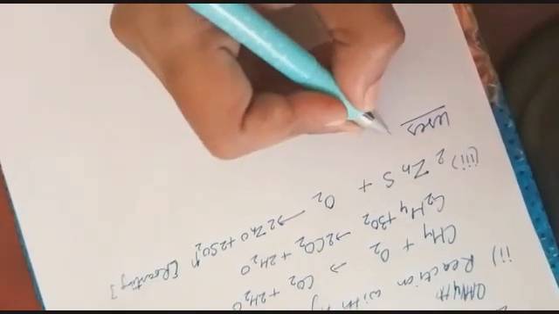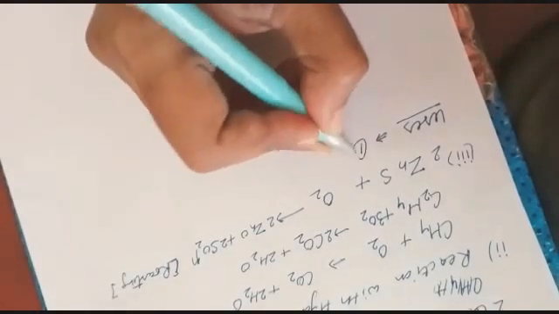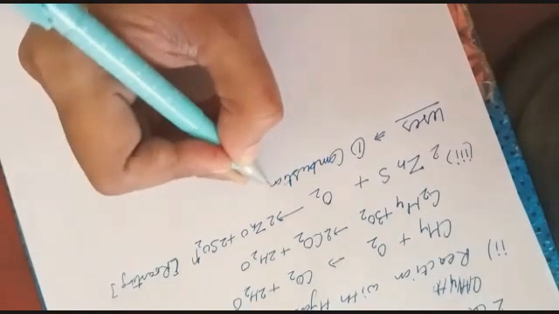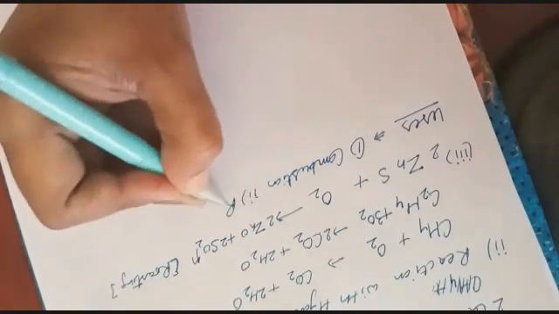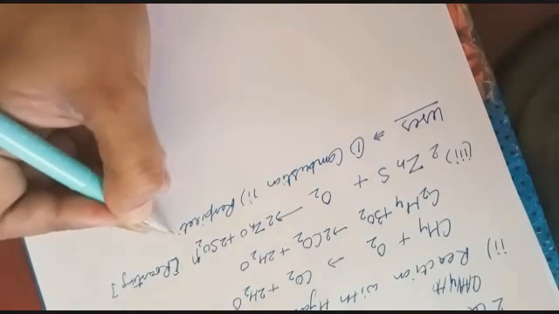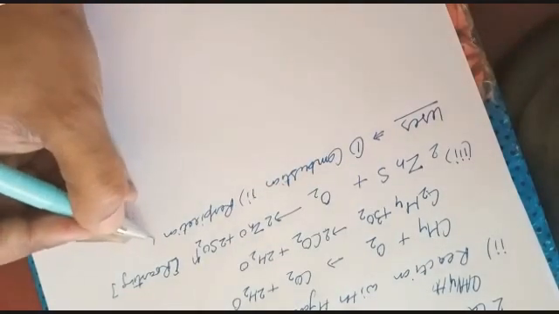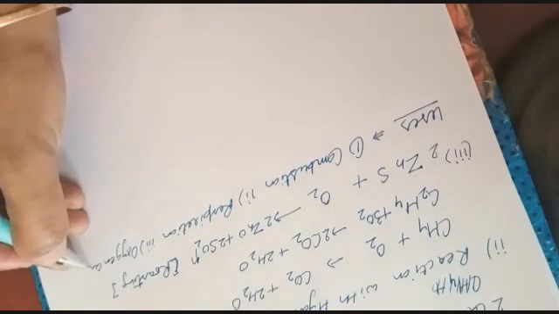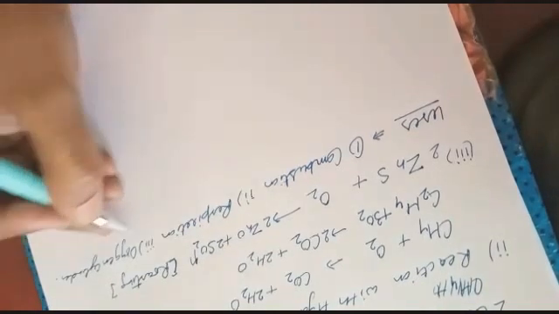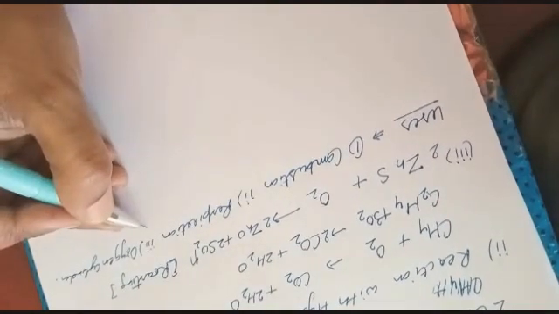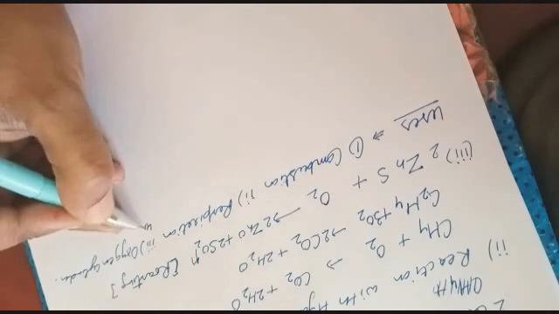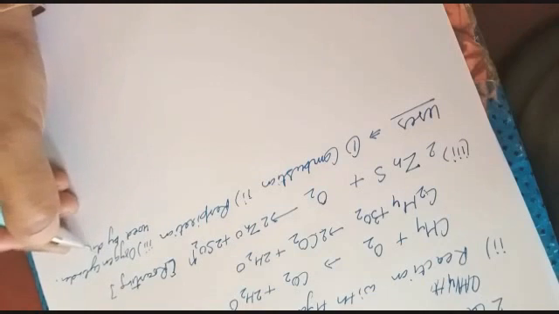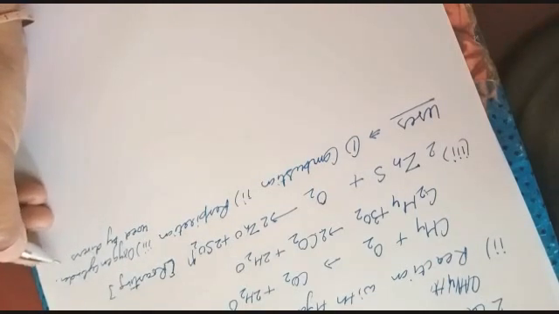We are just talking about oxygen. The uses of oxygen are, first combustion, second respiration, and third one is the oxygen cylinder, which can be used by divers or people who are